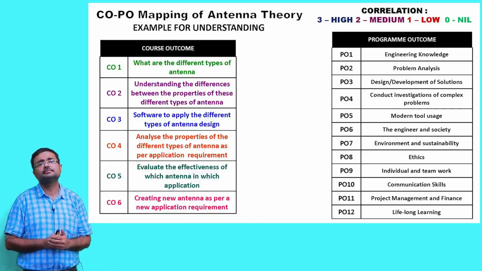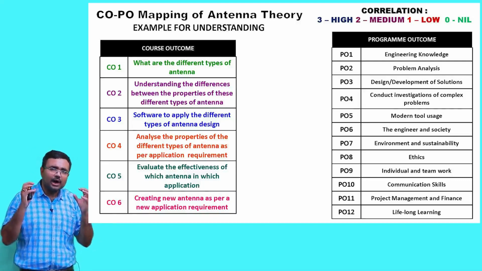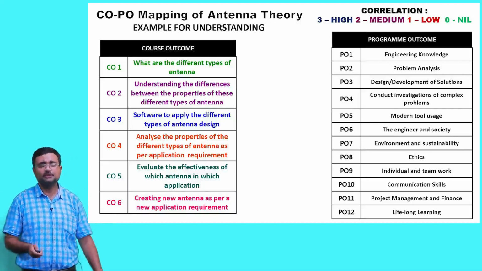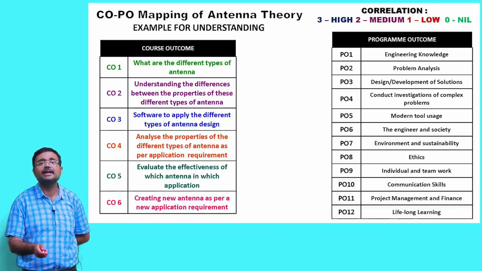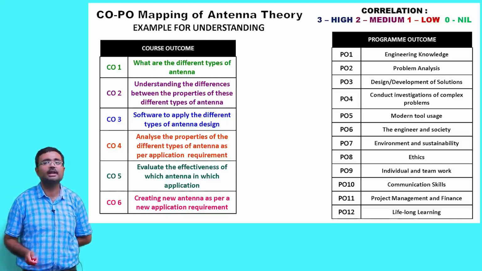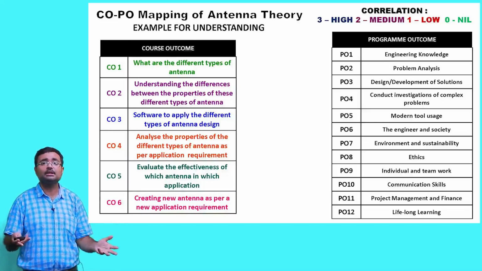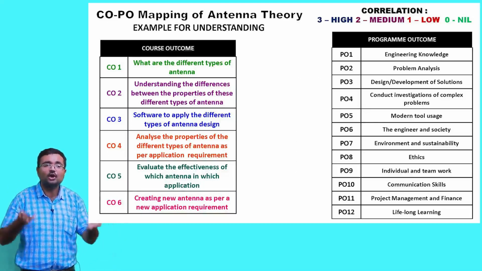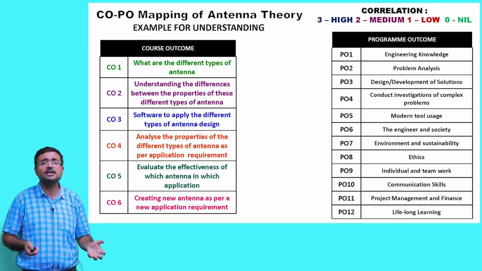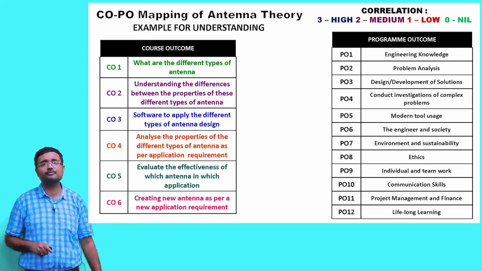Next, what is needed? I need to now understand how much of these program outcomes have been attained or not. At the beginning I am saying the engineer must have lifelong learning skills, communication skills, and must be able to do investigations of complex problems. Engineers must be able to do all this, but how much in our institute have we been able to create engineers who have these skills, or have we succeeded in achieving these program outcomes? There should be a measurement for that.